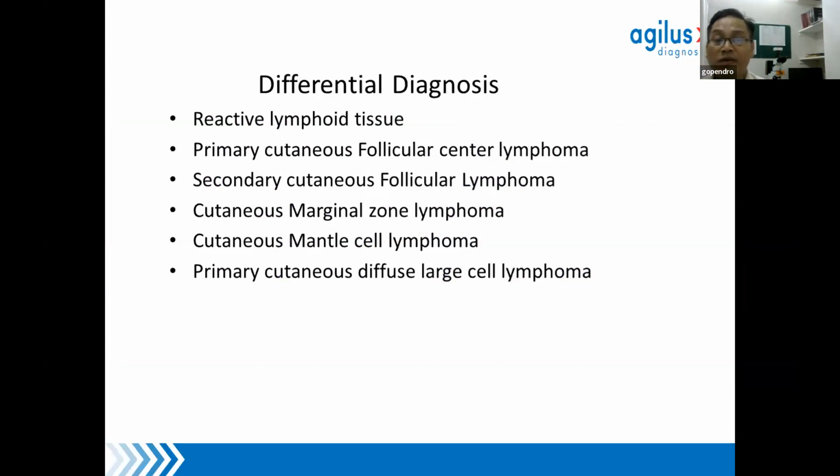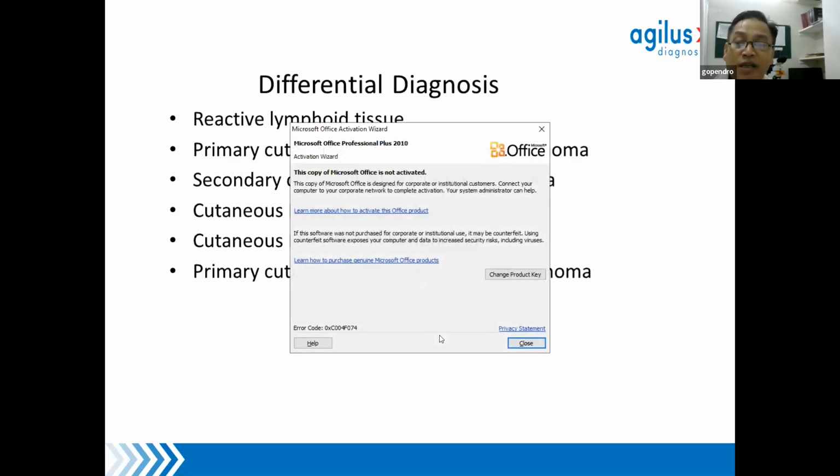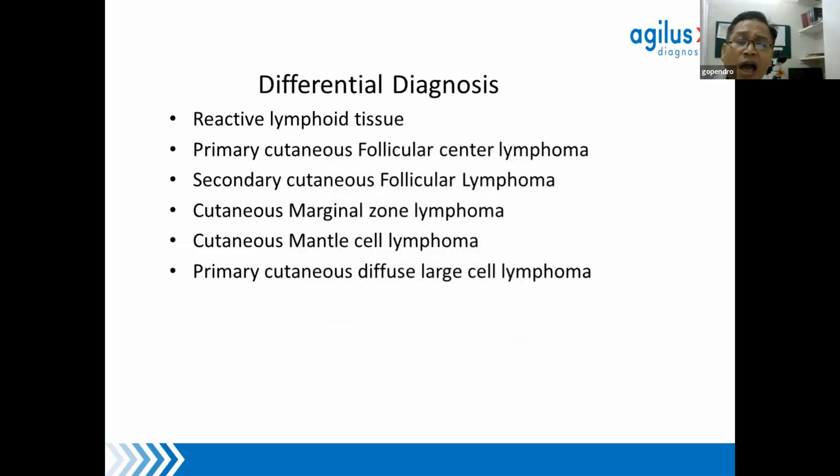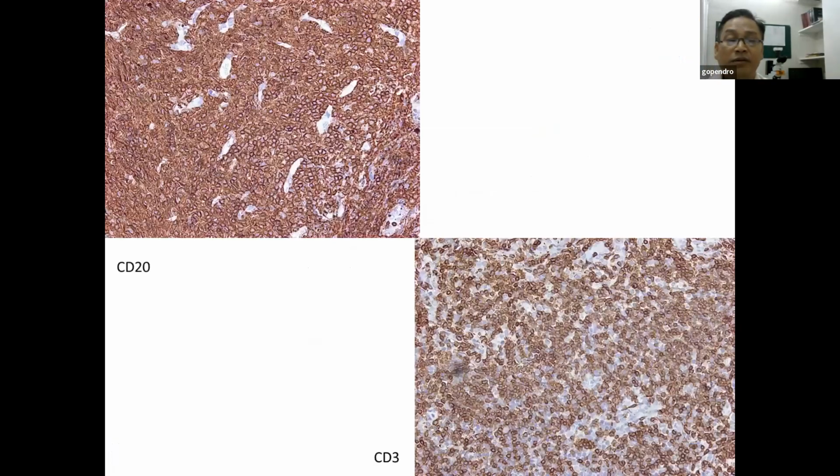So with this, we have many differentials in our thought: either it is reactive lymphoid tissue found in the dermis, or a primary cutaneous follicular cell lymphoma, because the patient doesn't have any lymphadenopathy, or it could be a secondary cutaneous follicular lymphoma. The fourth is cutaneous marginal zone lymphoma and cutaneous mantle cell lymphoma, or it could be primary cutaneous diffuse large B cell lymphoma. So the differentials are wide. So in that, we start